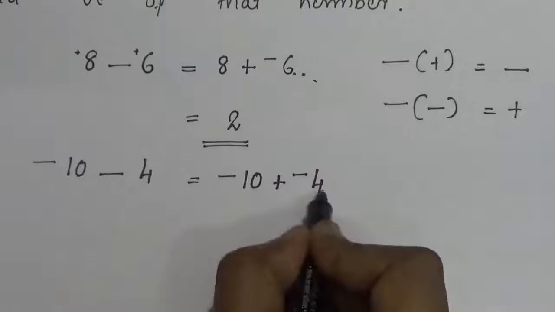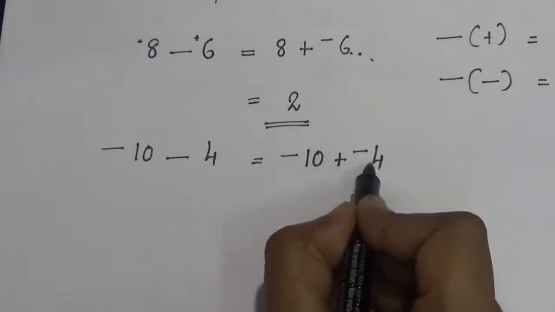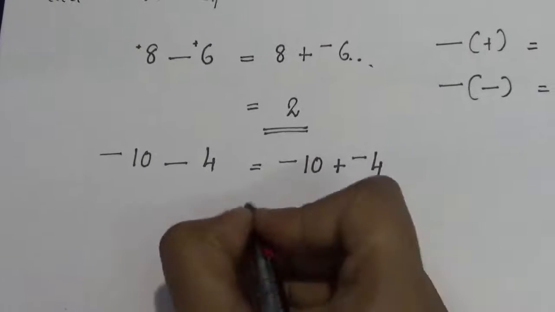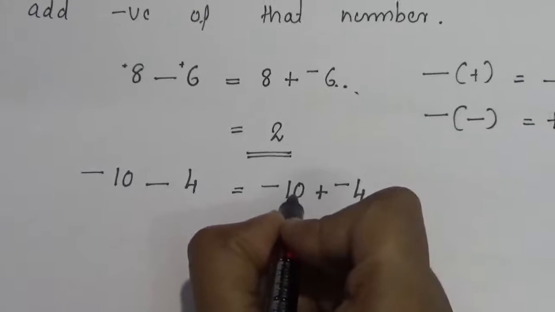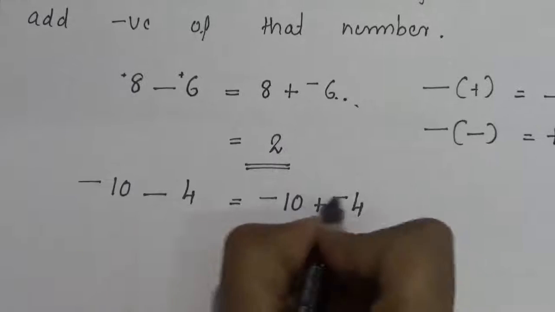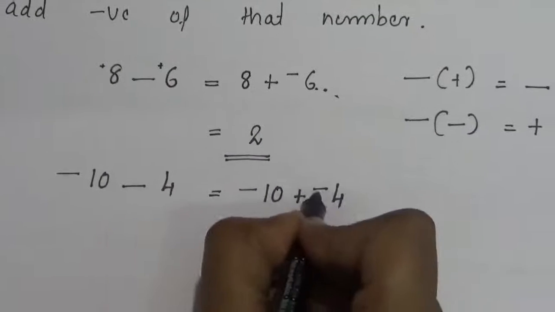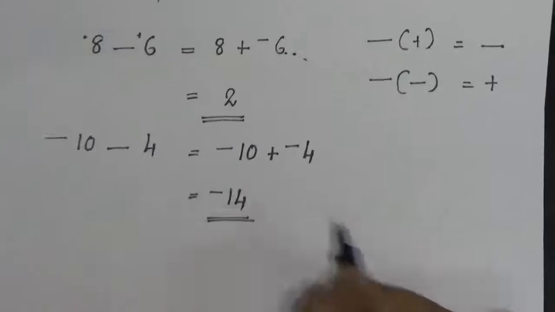So here we have addition of numbers of same sign. That is addition case 1. So in that case we add those two numbers without considering their signs. So we have 10 and 4. Its sum is 14. Then we put the same sign. Both numbers have the same sign, no? So we put the same sign, that is minus. So the answer is minus 14.